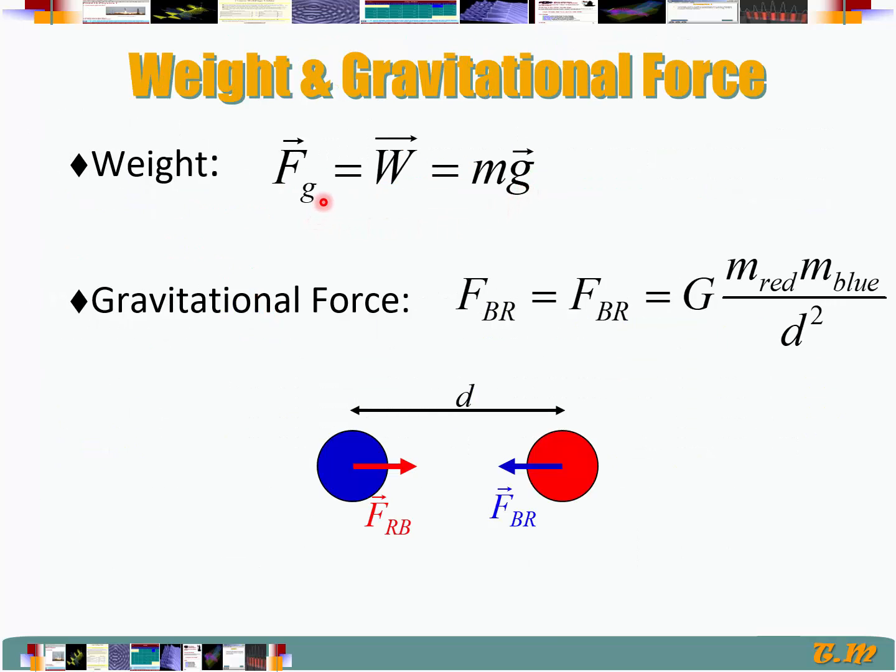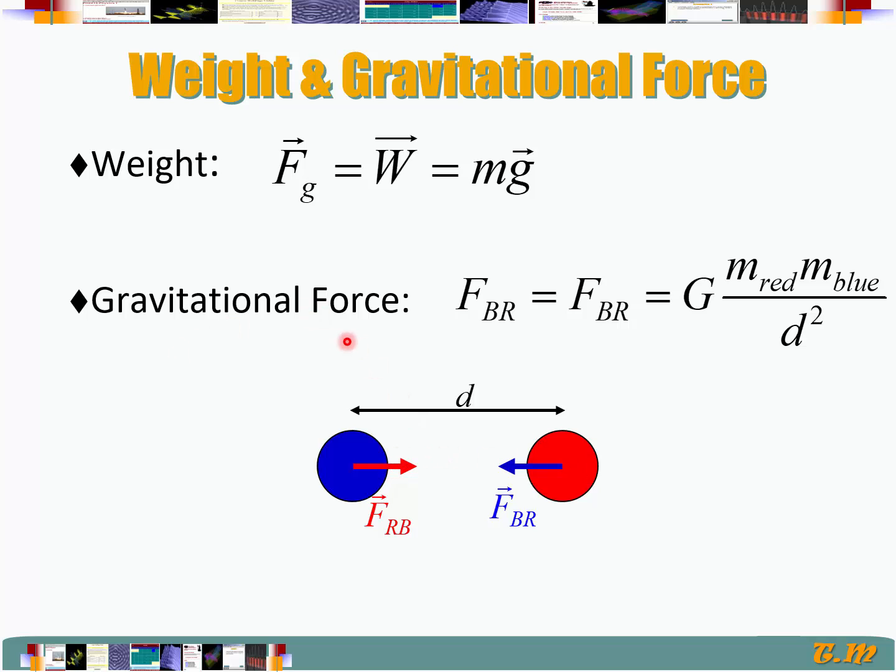Now, equation-wise, the gravitational force, we write it as F sub g, or W, equals m times g, where g is the gravitational field value, or acceleration due to gravity, at the surface of a planet. That's what g is. But this force is actually due to the mutual attraction of two objects. The gravitational force is one of the fundamental forces of nature. It is a force between any two masses in nature. Any two masses are going to attract each other